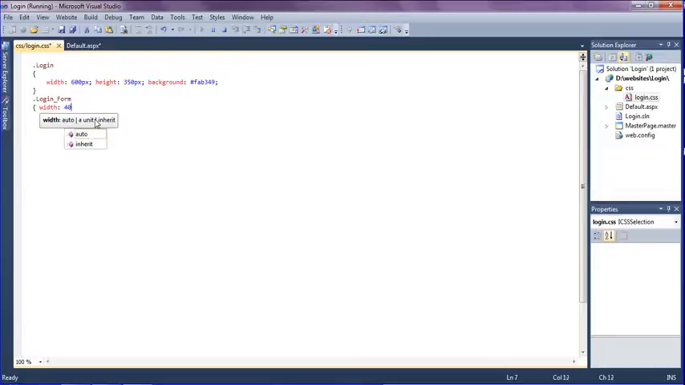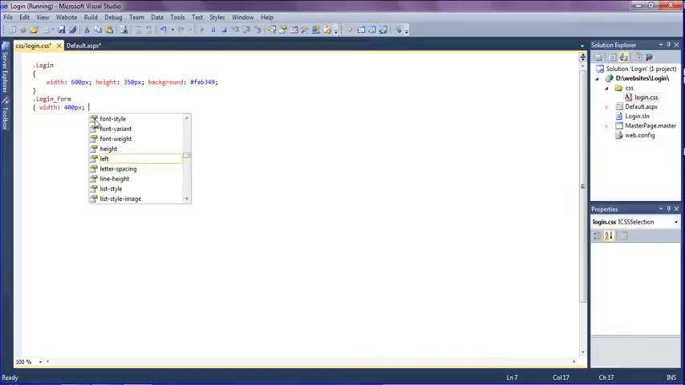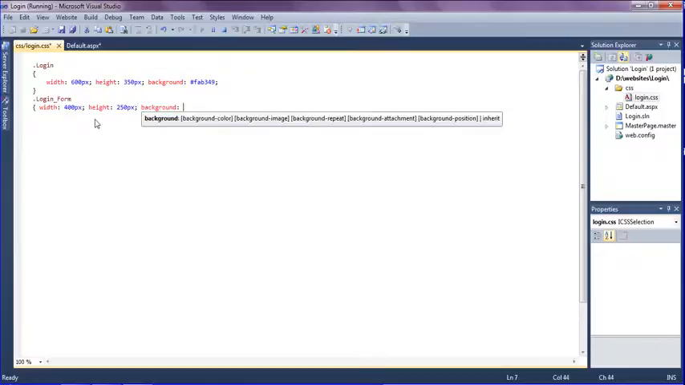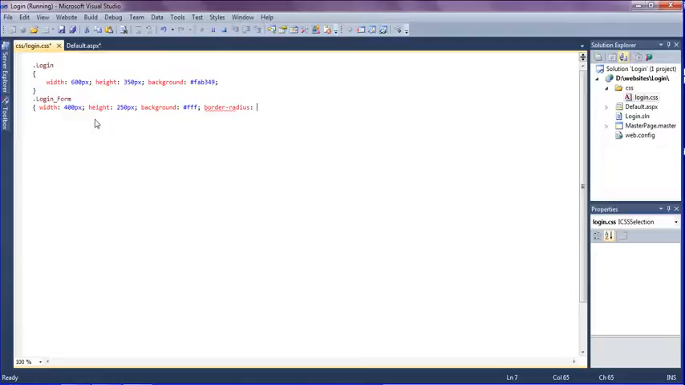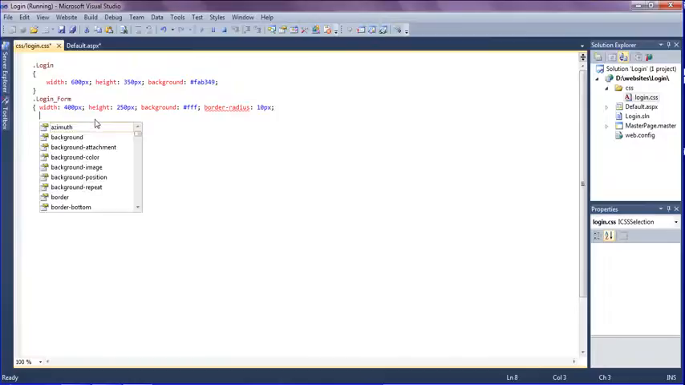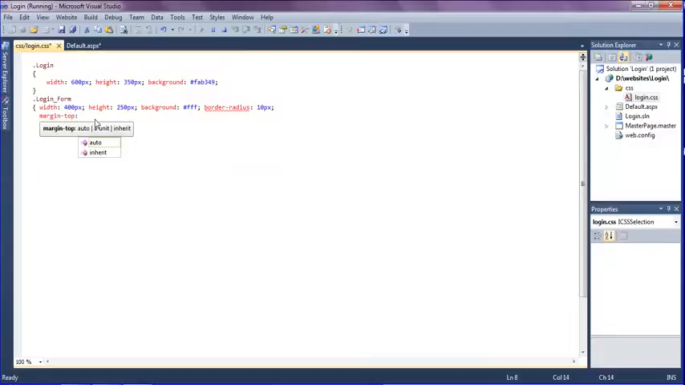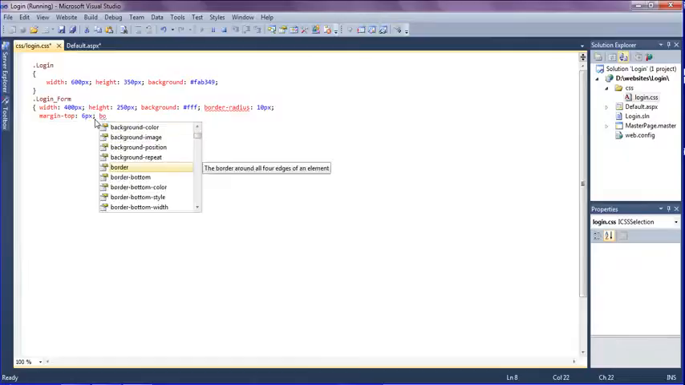width should be 400 pixel and the height of the login form should be 250 pixel, and the background of this is a white color, and setting the border radius of this div as 10 pixel, and giving the margin top for this as 6 pixel, and for the styling, border bottom